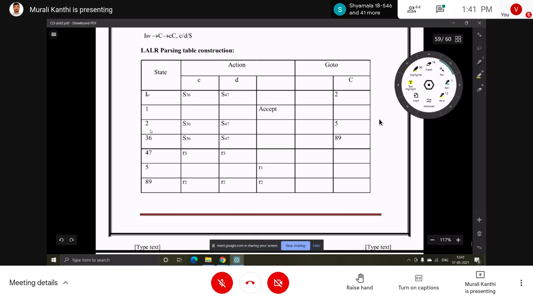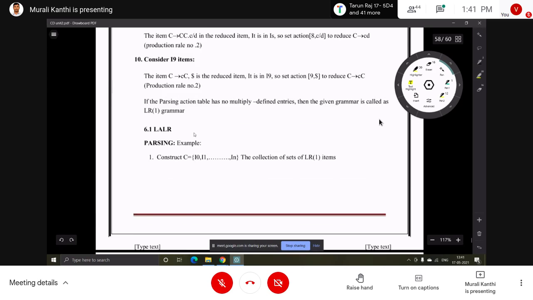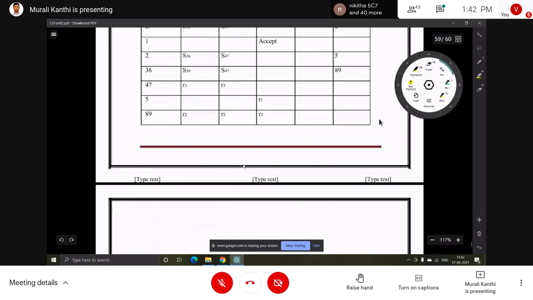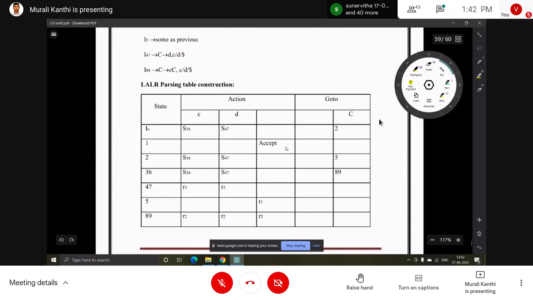Like that we write everywhere: S36, S47, S36, S47. This is only for shift operations, not for reduce operations.